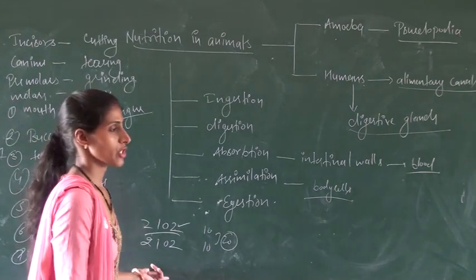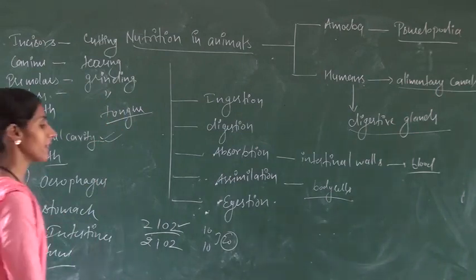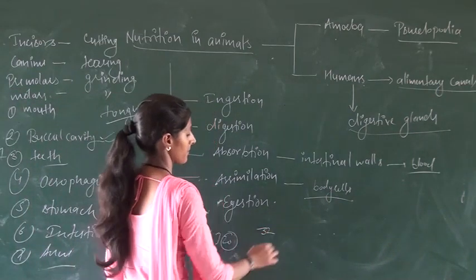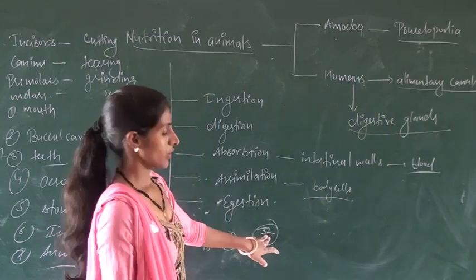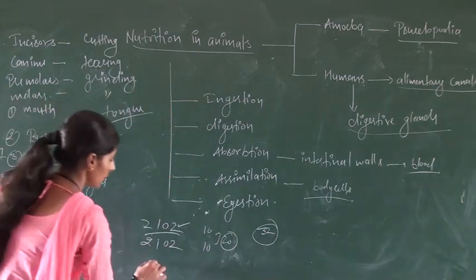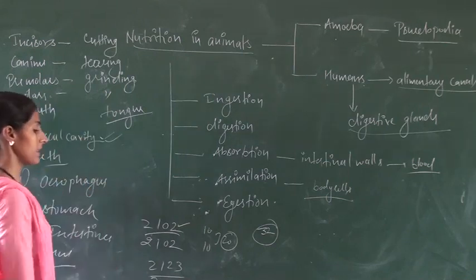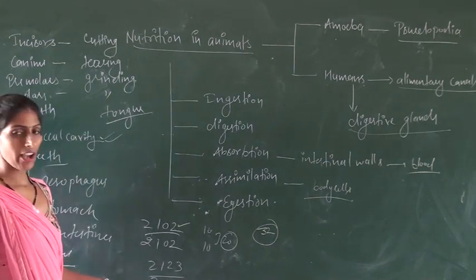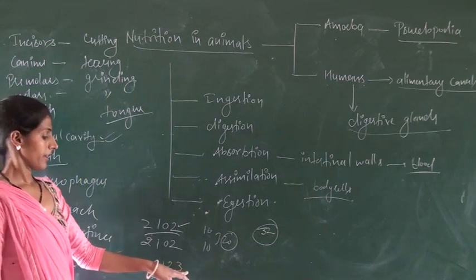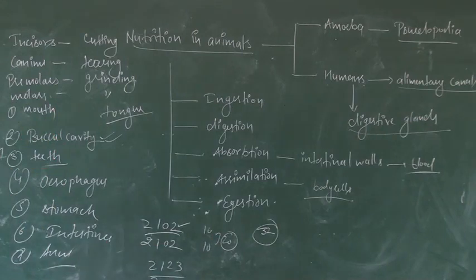When we become 6 years old, these milk teeth start falling, from 6 to 12 years. After that, permanent teeth, which are 32 in number. And the dental formula now becomes 2123, 2123, meaning half in the upper jaw and half in the lower jaw. We get twice these and we get a total of 32 teeth. These are known as the permanent teeth.